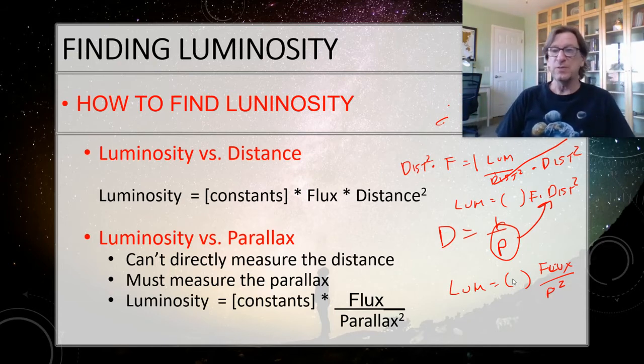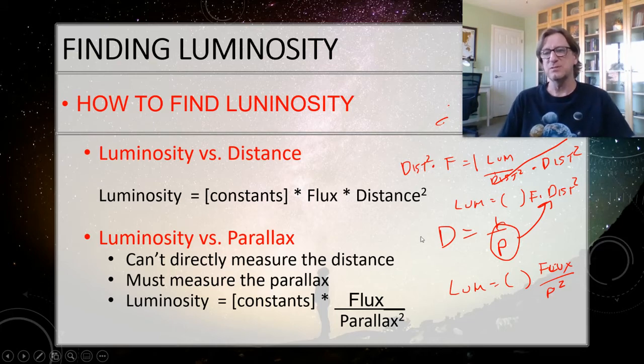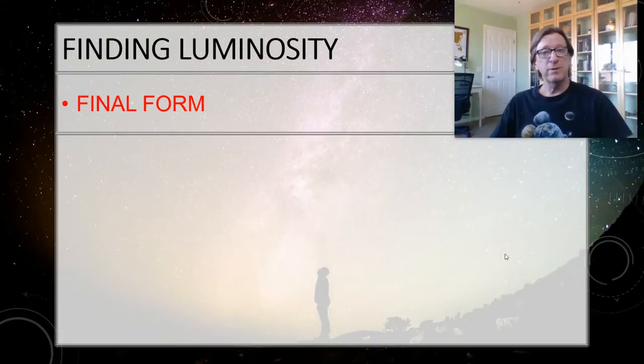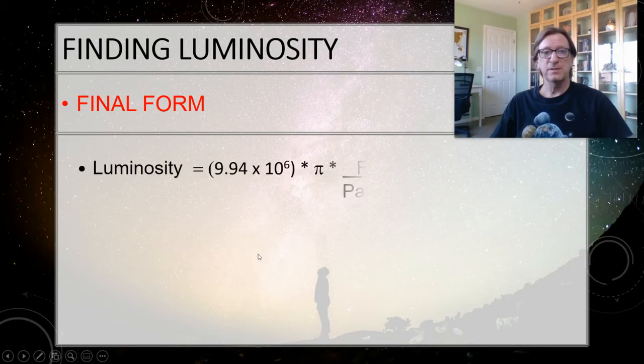Now, to figure out what those constants are, that's when I need to do some observing. So I just hand this over to the observational astronomers. They look at a whole bunch of stars. They figure out what that pattern is, and they figure out what that number is. Where that constant comes from, we don't actually need to worry about. Just know that it comes from observations. That's it. Okay, so now we're ready to write the tool in its final form. And that's going to look something like this.